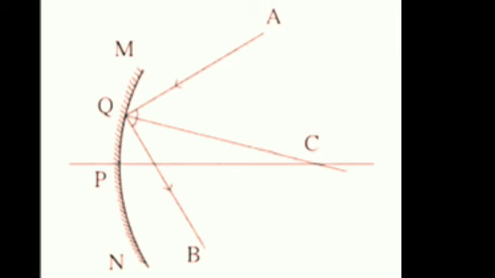We can study the images produced by a spherical mirror by drawing a ray diagram. A ray diagram is the depiction, that means to draw, of the path taken by light rays. To draw a ray diagram, we use the following rules. That means while drawing a ray diagram, we have to use these three rules.